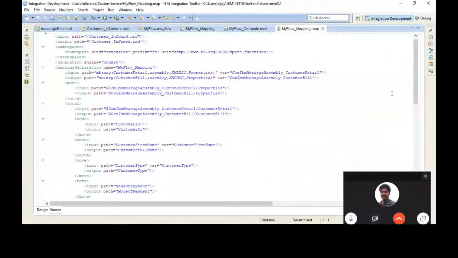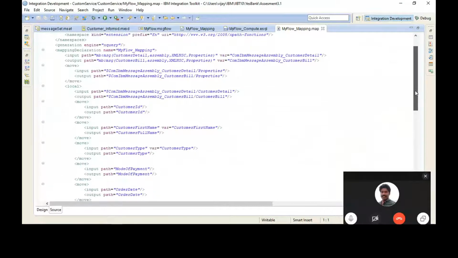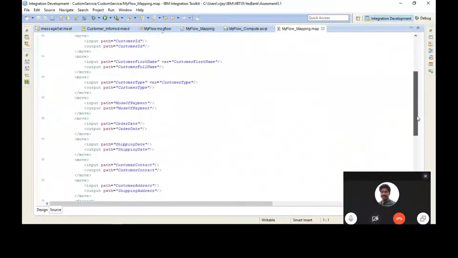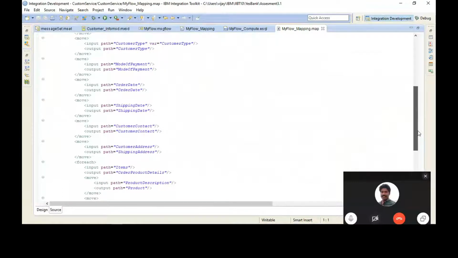From input message assembly, XML NSE, properties, mode of payment, namespace, shipping date. So the mapping is simple.